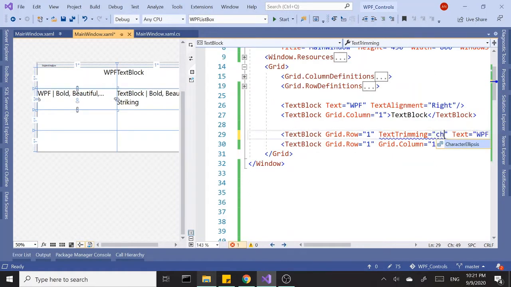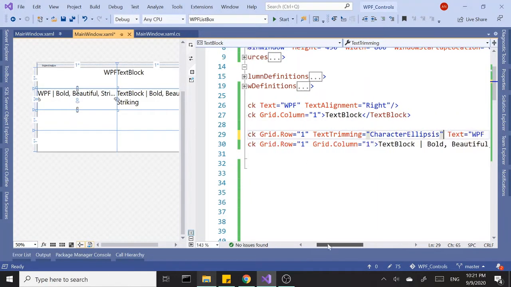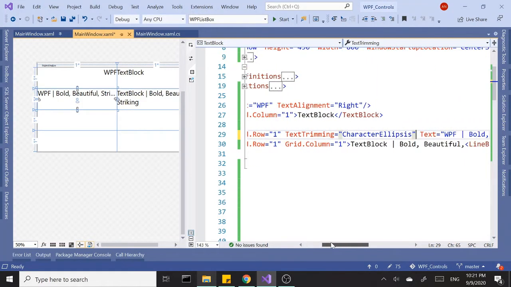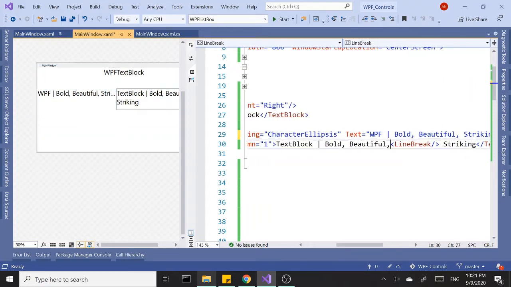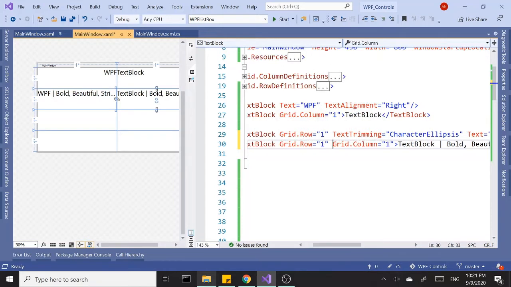Whichever fits your needs. I kind of like this one, character. It uses the whole size of the text block, so I guess it's a matter of preference. So line break, again, I'm not a big fan of it, but at least it's something to consider if you need. There may be a situation where you need to actually break the line at a certain position, then you can use the line break. So for this one, I'm going to use another solution, and that's a property called